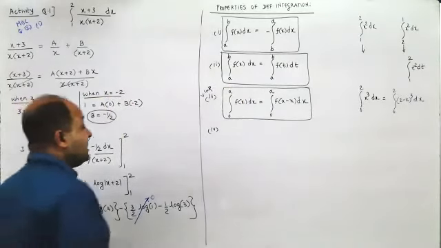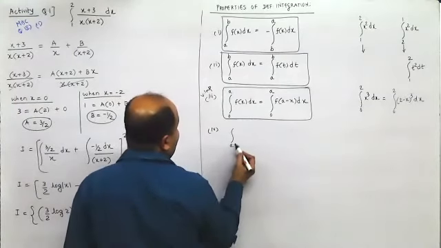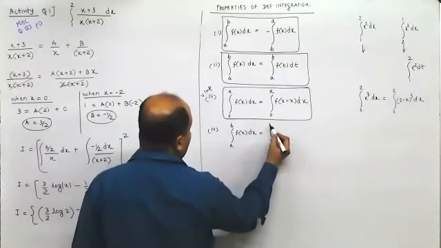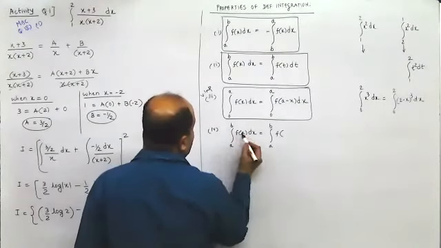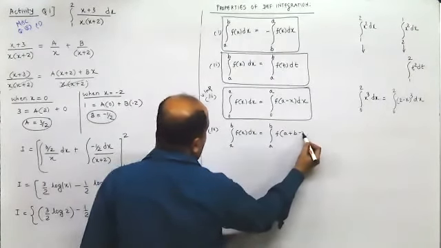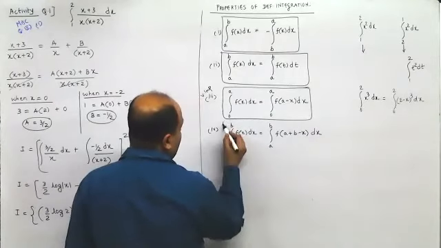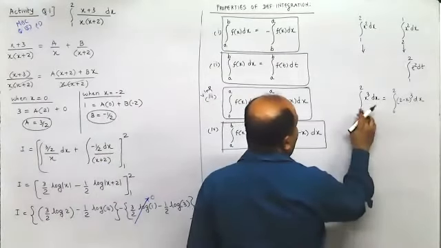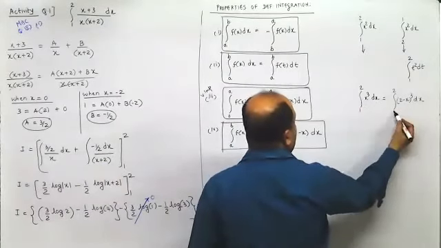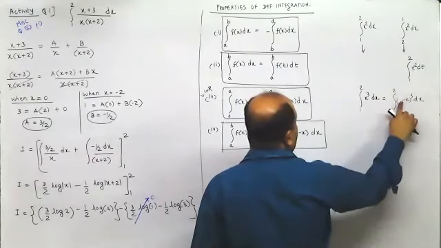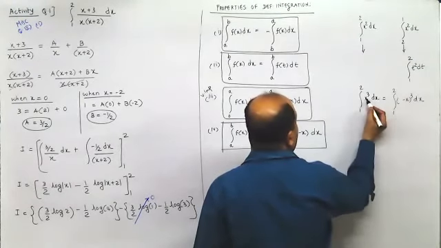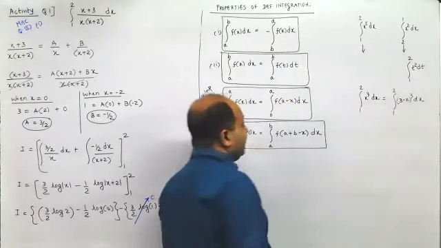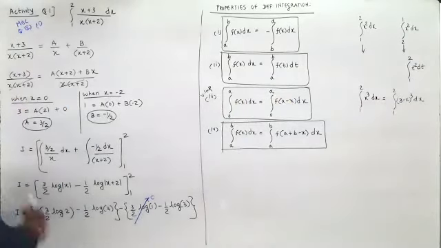Next, similar to this, if you have a to b f of x dx, it is the same as a to b, but the function should be a plus b minus x. Fourth property. Means what? Suppose you have 1 to 2 itself, then this would be 1 plus 2 minus x. That means x would be replaced with this plus this minus x. So it would be 3 minus x the whole cube. This is the fourth property.